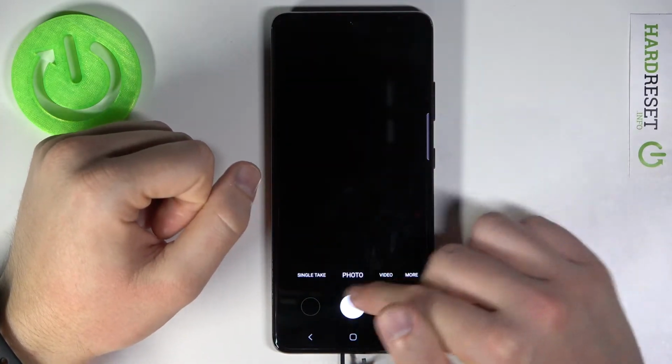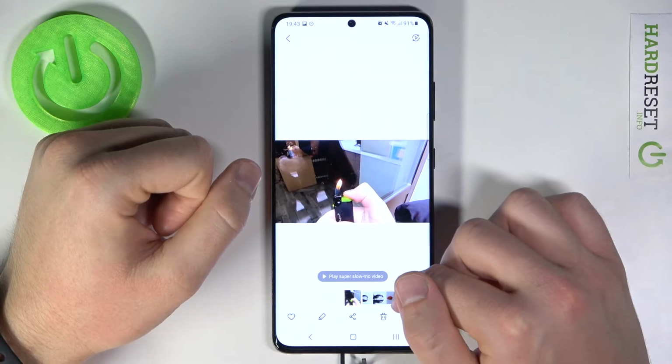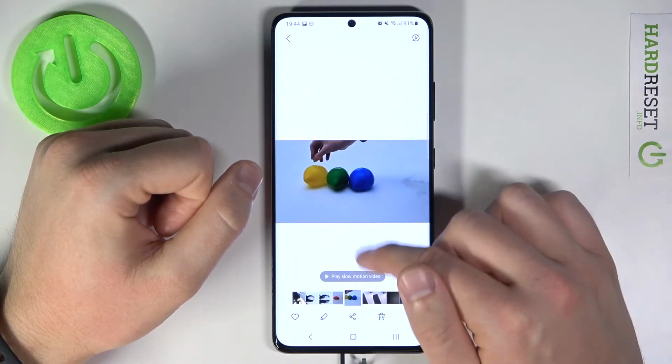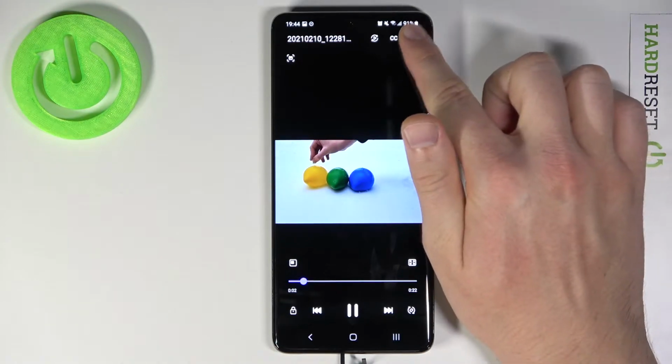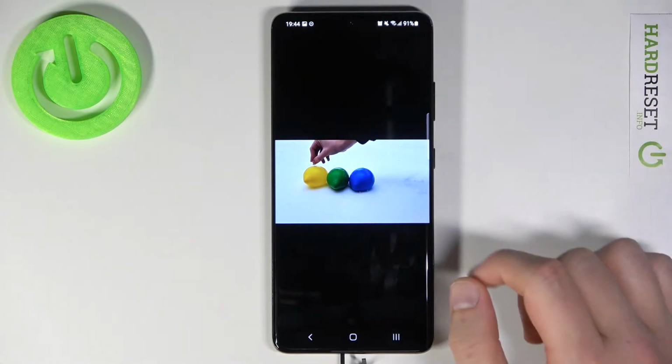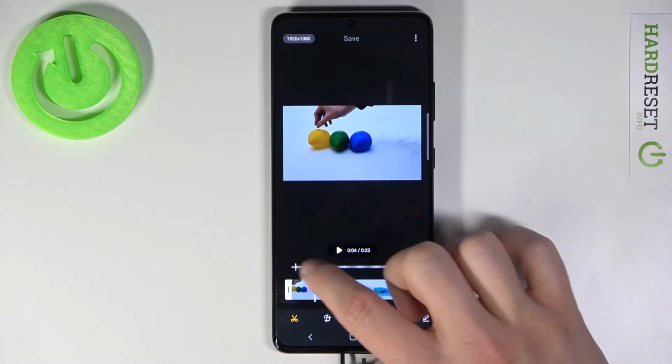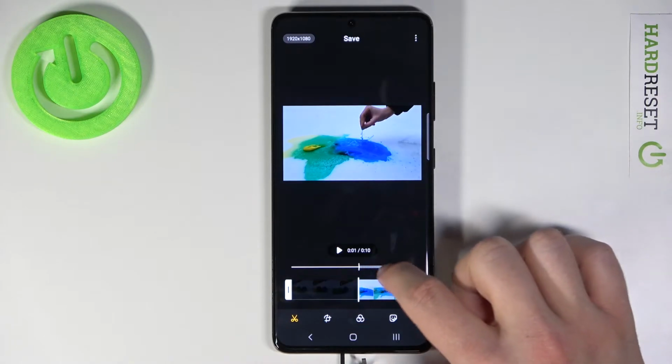So let's go to our camera, and when you are here we can find the slow motion video, right? So we have to play it, then we have to tap on the three dots in the right upper corner, click on the editor, and right now we can easily change the moment of the slow motion by moving these